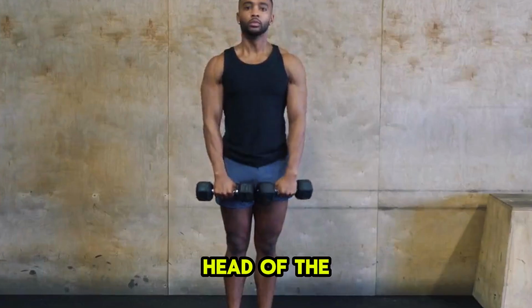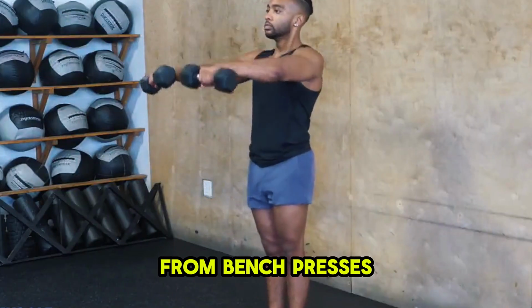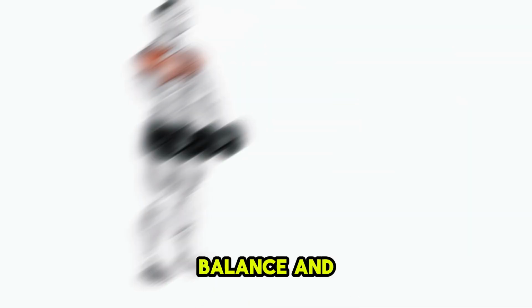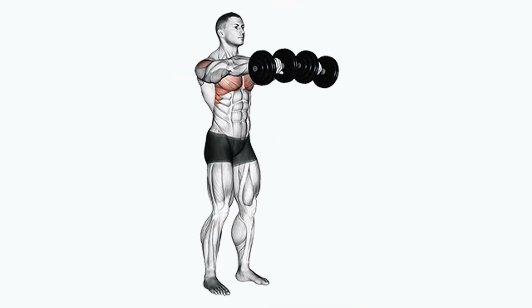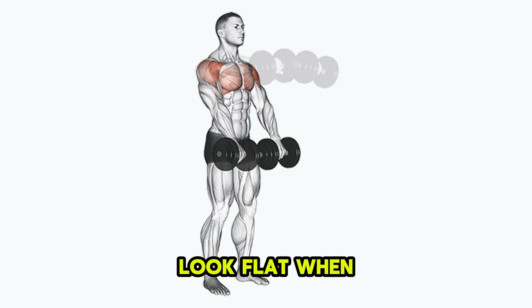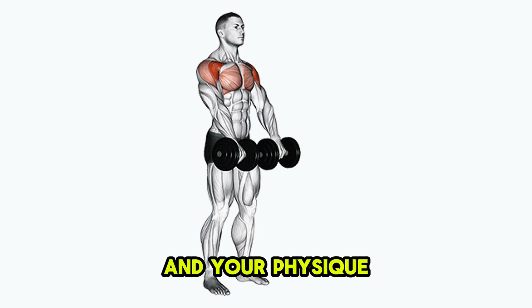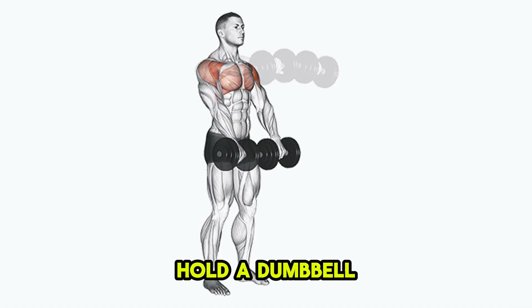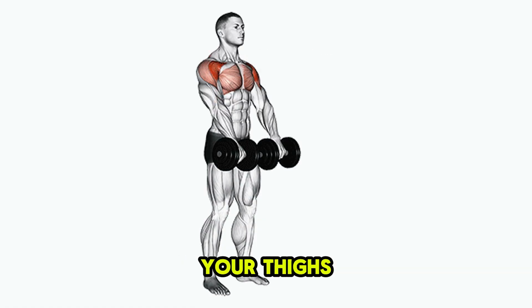While the front head of the deltoid already gets work from bench presses and other pushing movements, isolating it ensures balance and complete development. Without it, your shoulders may look flat when viewed from the front, and your physique won't have that three-dimensional pop. To perform the front raise, hold a dumbbell in each hand in front of your thighs,